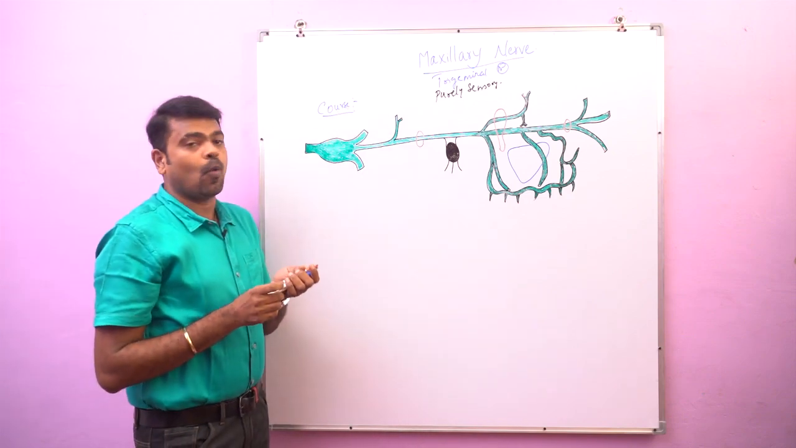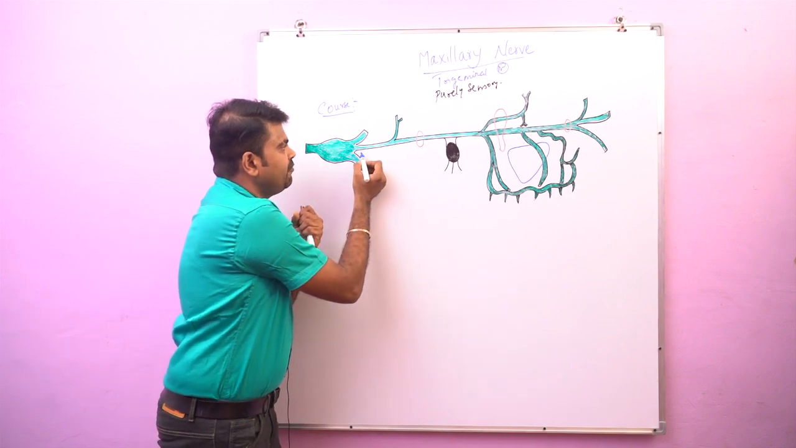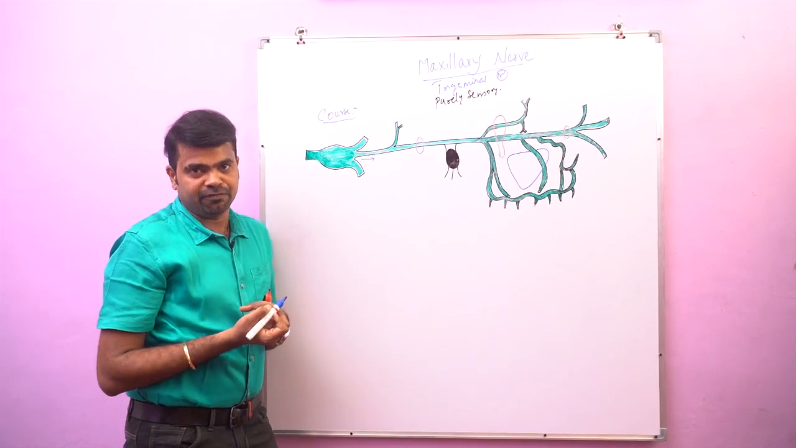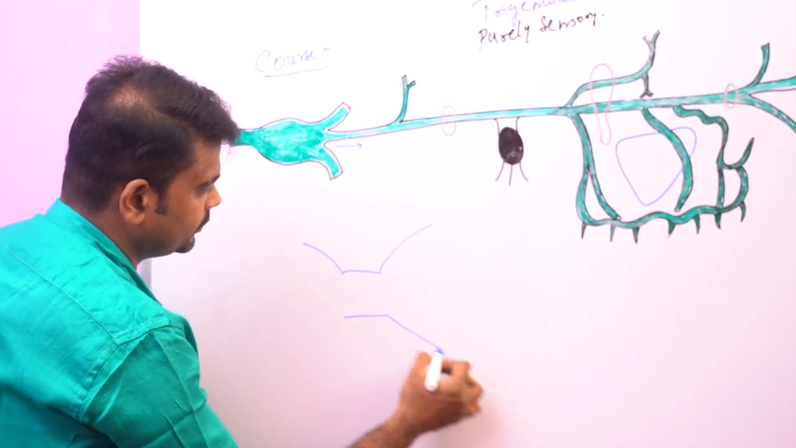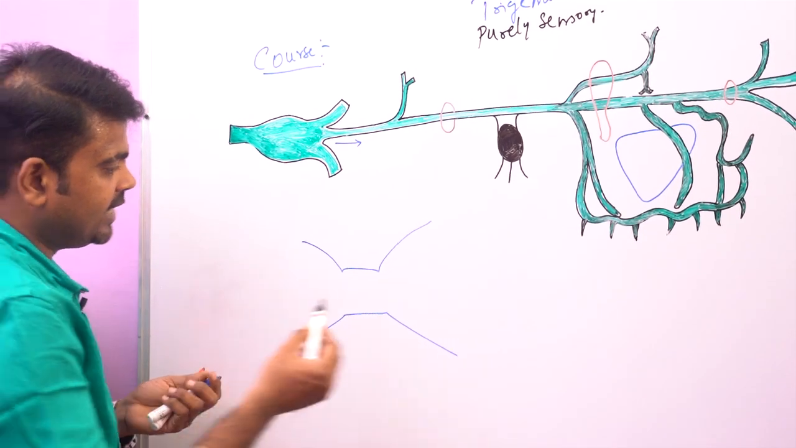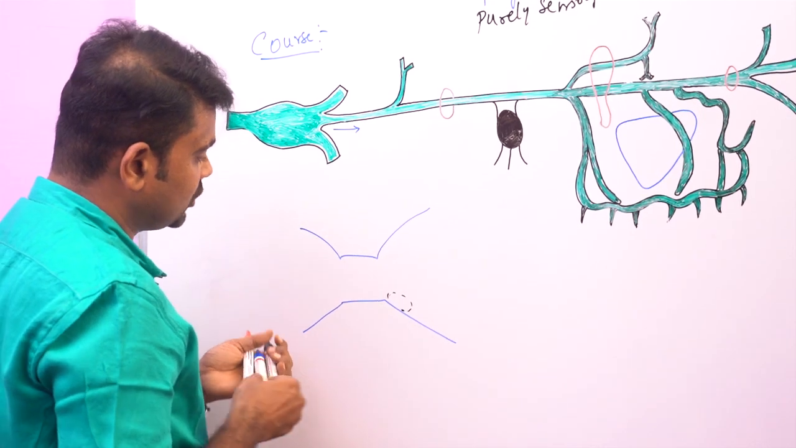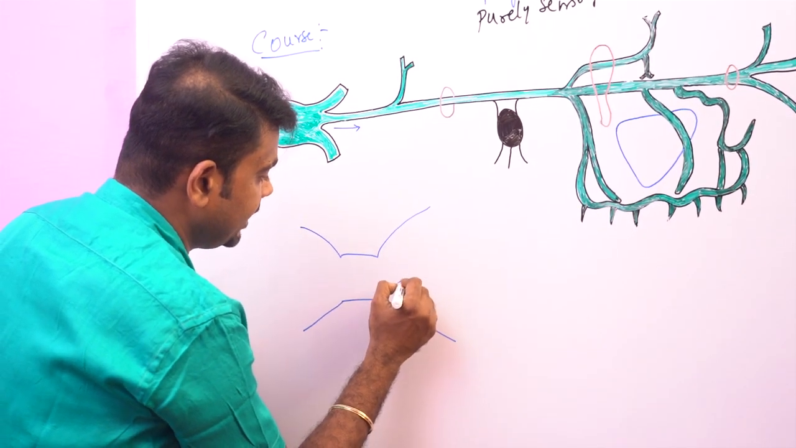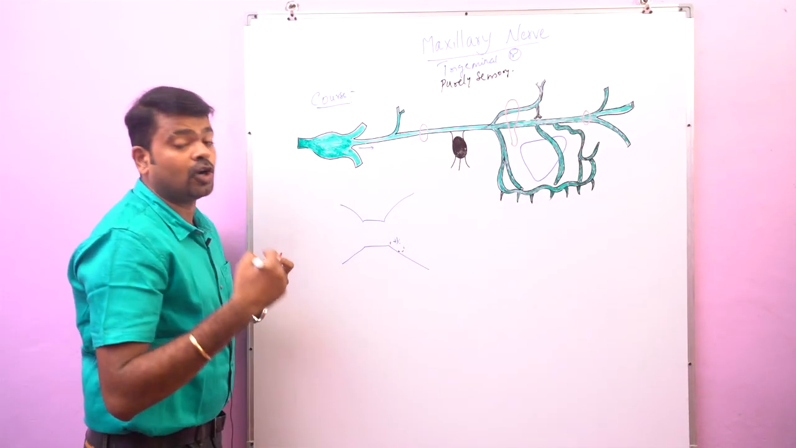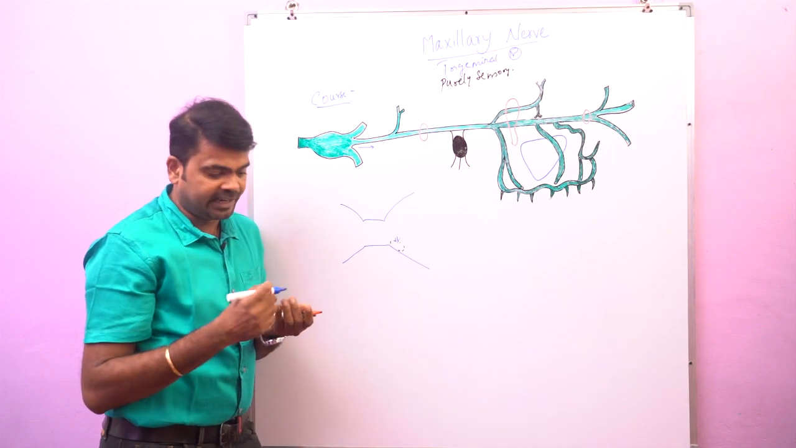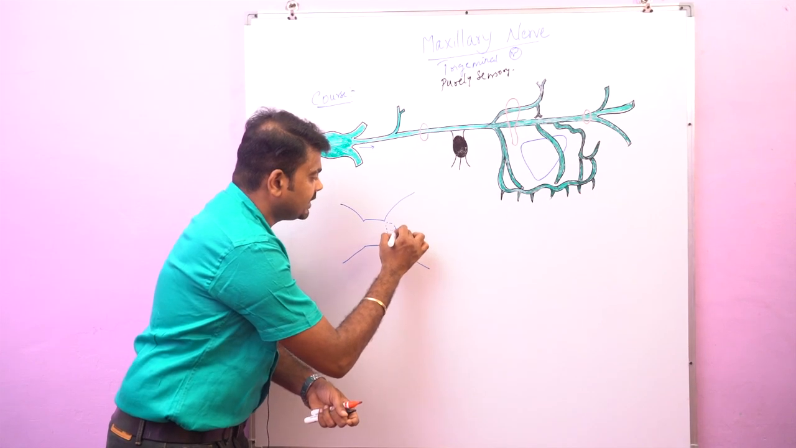The maxillary nerve, once it arises from the trigeminal ganglion, proceeds forwards in the middle cranial fossa. This is the middle cranial fossa, and here we can see the trigeminal ganglion. From the trigeminal ganglion, an important branch is called the second division, that is the maxillary nerve. It proceeds forwards in the middle cranial fossa and passes along the lateral wall of the cavernous sinus